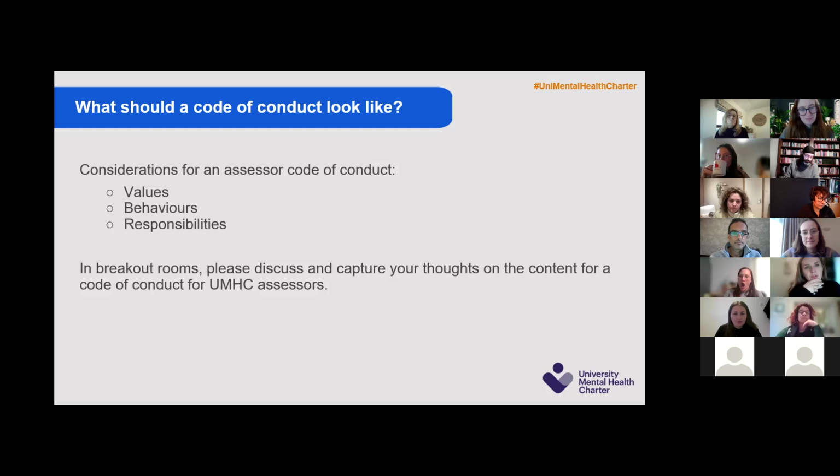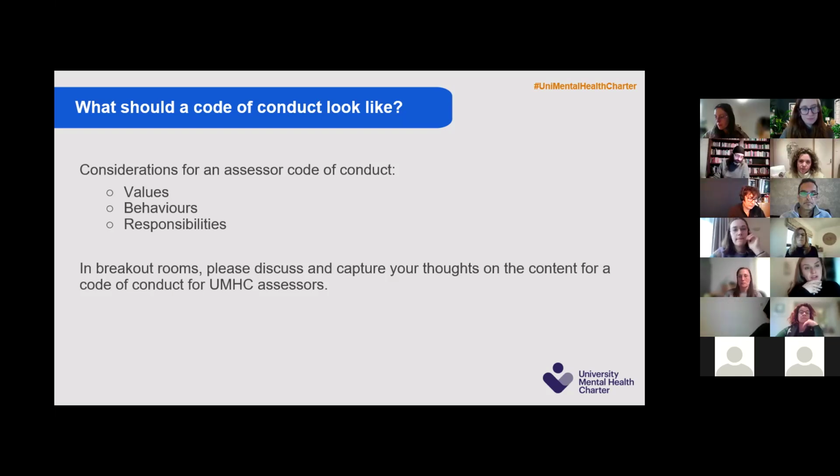I think particularly when thinking about the discussions that we had in our breakout room, you can be put into some quite challenging situations, hopefully not so much as we move forward, or where there's tension in those panels, and being able to operate in that manner. Anybody else want to throw anything in?